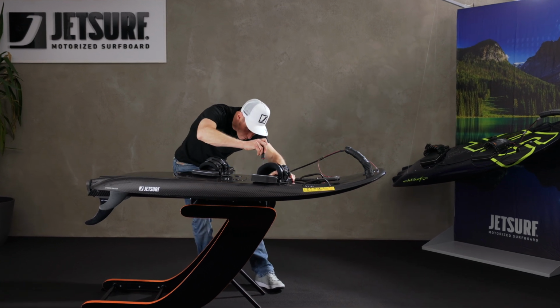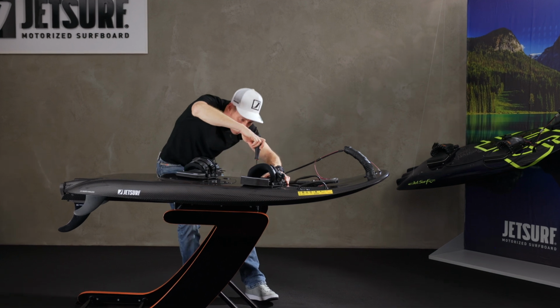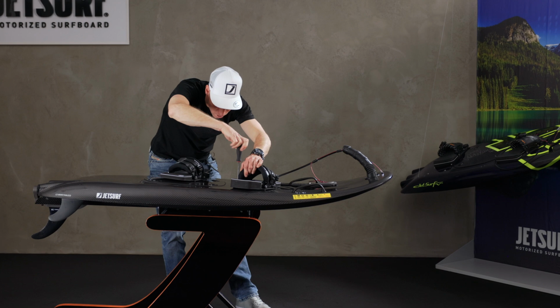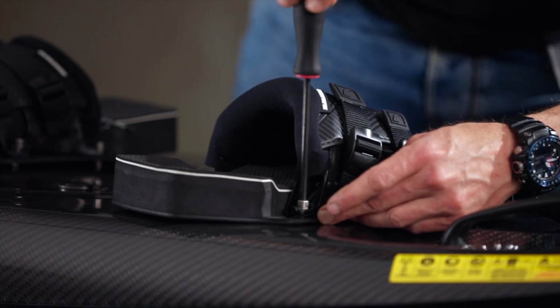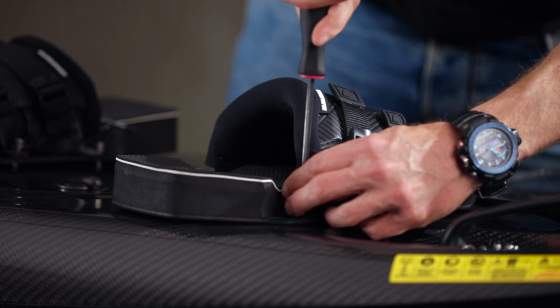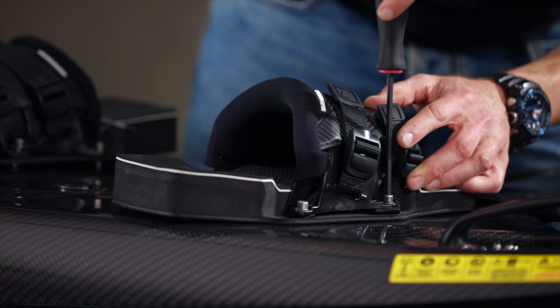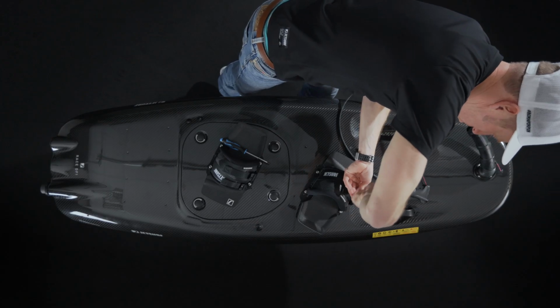So be very careful lining up your screws on the board and just tighten them up very loosely to begin with, making sure you don't cross thread the bolts. It's very easy to do, especially if you're using an electric screwdriver or something like that rather than a hand Allen key. That's it, so that one's in there. So just nip them up